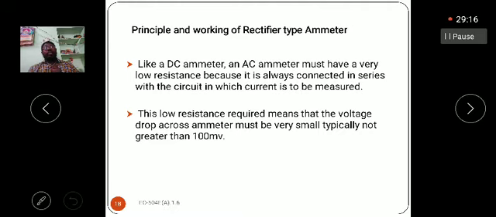This low resistance requirement means that the voltage drop across the ammeter must be very small, typically not greater than 100